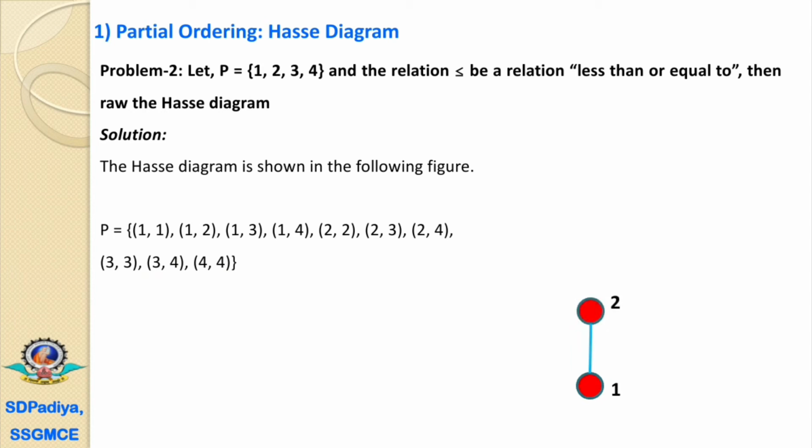The next element is 3. The 2 is less than 3, that is there is an ordered pair, that is 2 comma 3. So we have to draw 3 at the above level and we have to connect this 2 with 3. The next element is 4. Again there is a relation between the 3 and 4. The 4 covers 3, that's why we have drawn the 4 at the above level and we have connected this 3 with 4. It is just a chain like structure.